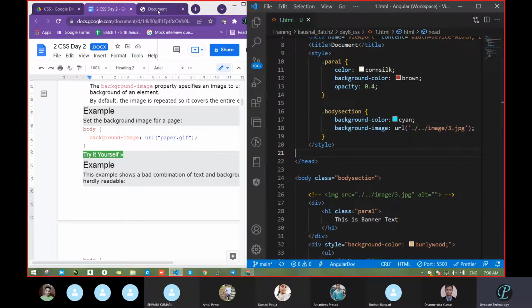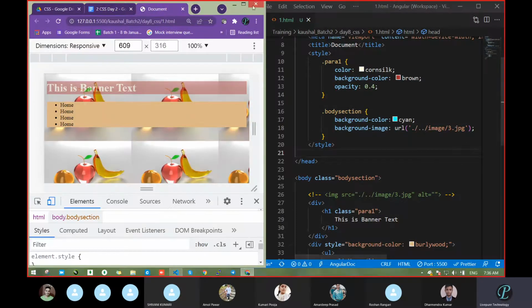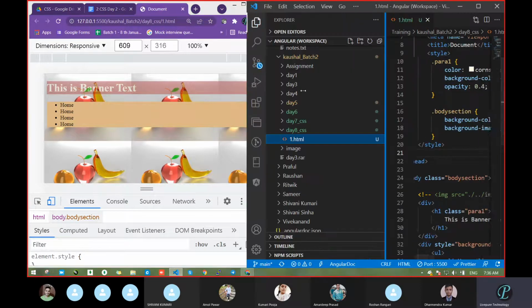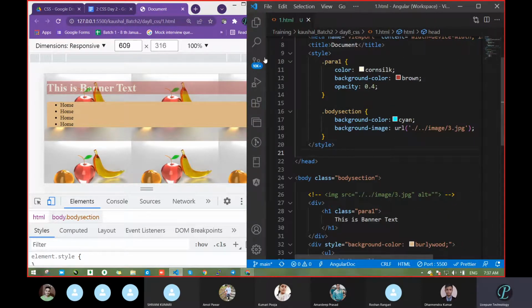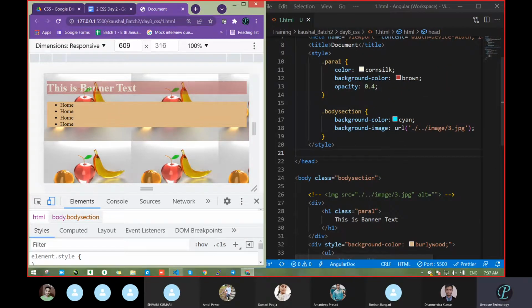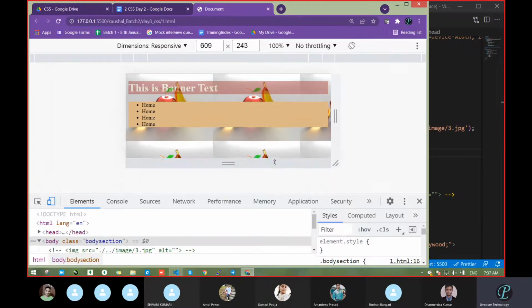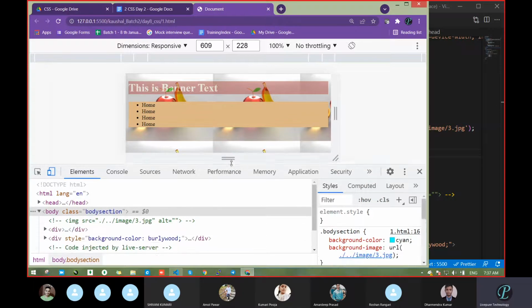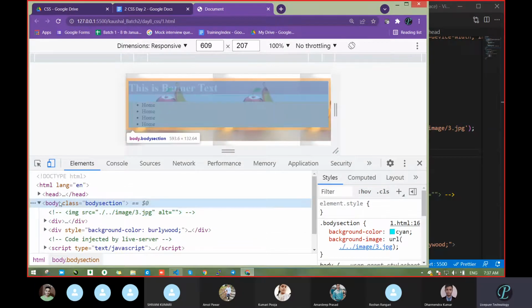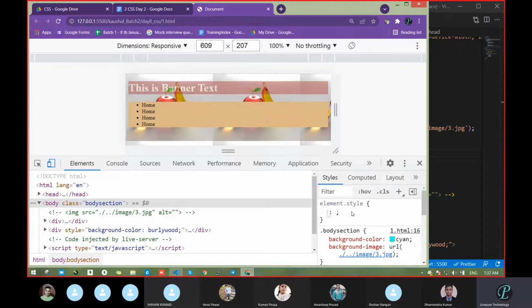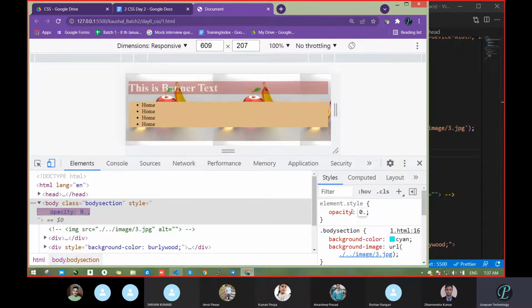Now I want to apply opacity over this image. Just now we had seen the use of opacity. Let's do one thing. On the body section we apply it. Go here, pass opacity, and we want opacity like 0.5.